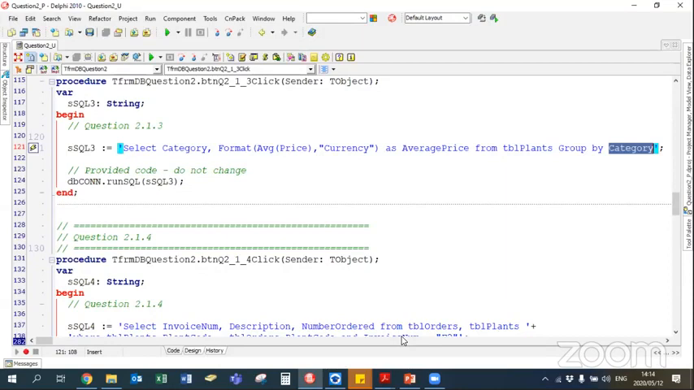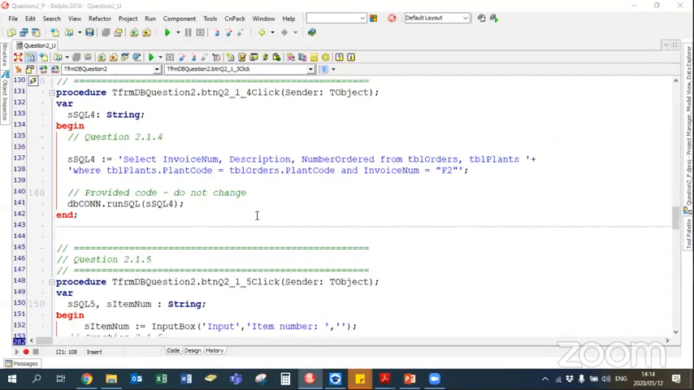Okay, so let's have a look at the solution here. So for question 2.1.4, we're displaying the invoice number. Again, remember, don't display more or less fields and put them in the same order as in the screenshot. So it was invoice number, description, and number ordered from both tables. So now you need to list there both tables, TBL orders, comma, TBL plants. And now if you are reading from both,